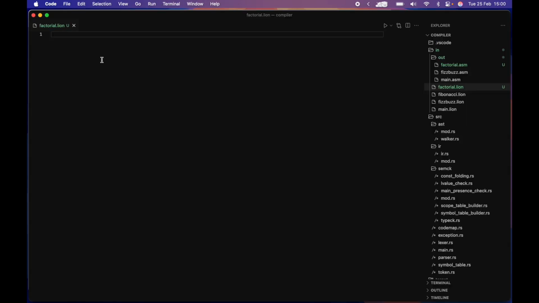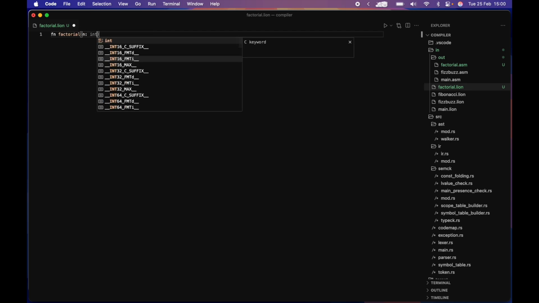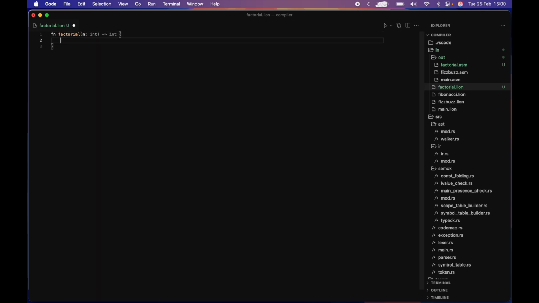Testing is to test the compiler. I'll first go through the process of creating and compiling a program, showing some error messages, and then I'll demonstrate some test programs that show the functionality of the compiler and the language itself. I'll start by writing a factorial function that takes in an integer parameter, returns an integer, and has a result,